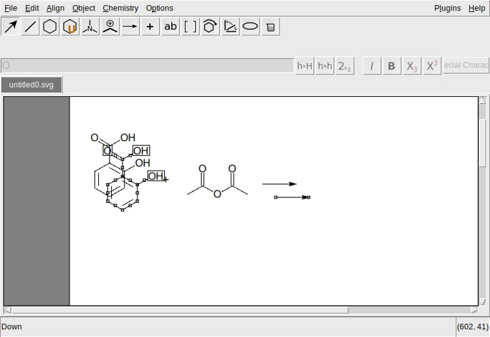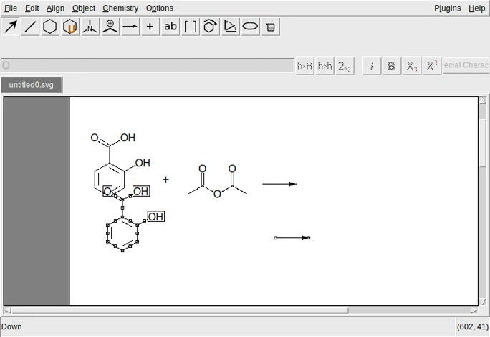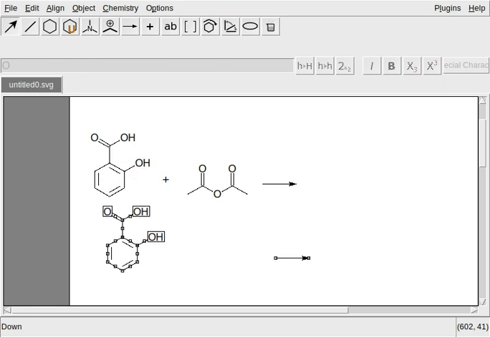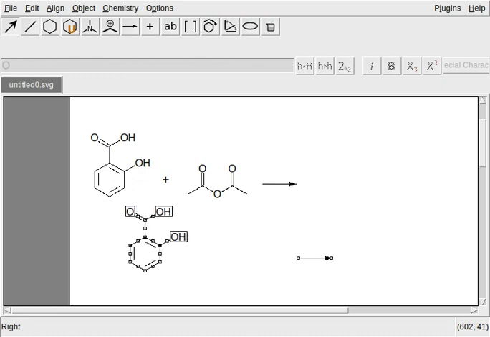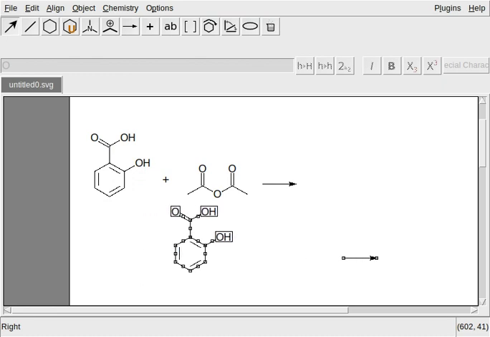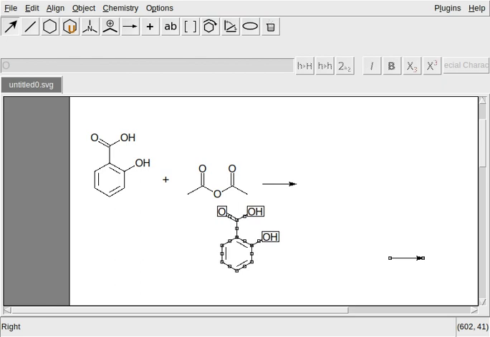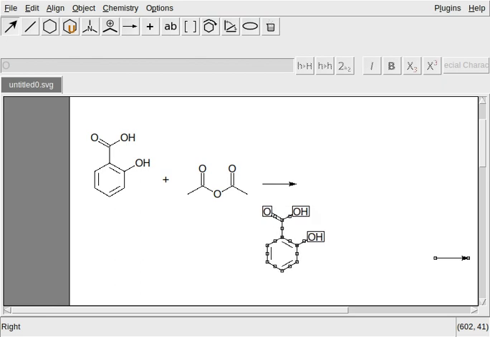Then this thing needs to be moved. Mistakenly that arrow got selected. Okay, doesn't matter. We'll delete that arrow again and place it in the particular position.